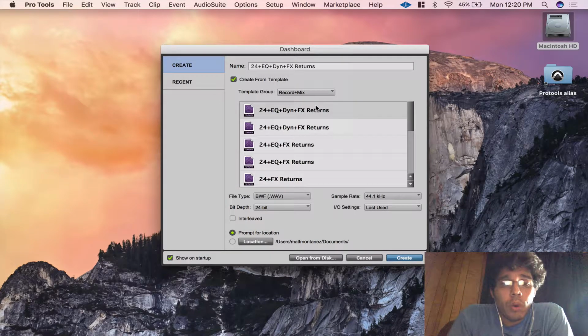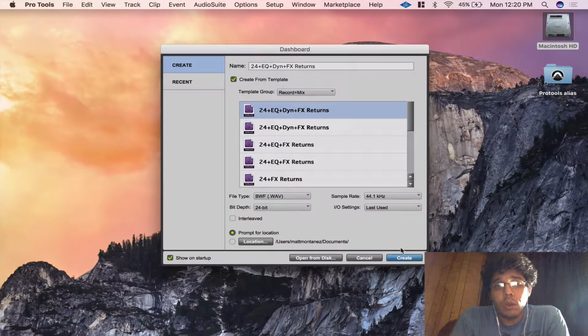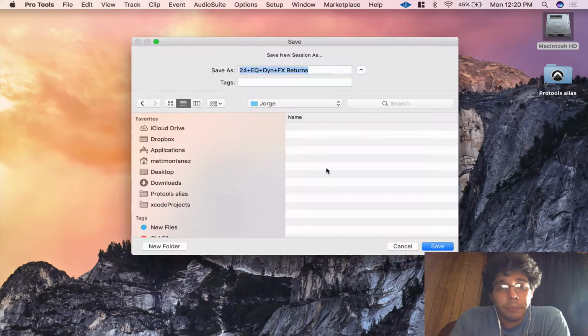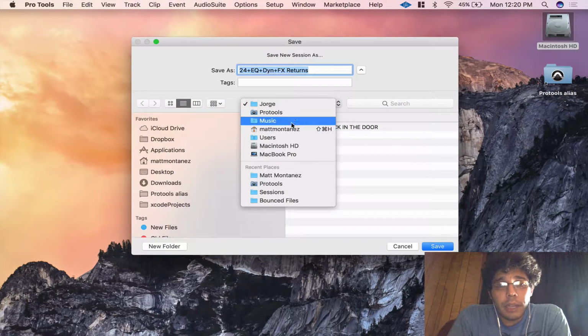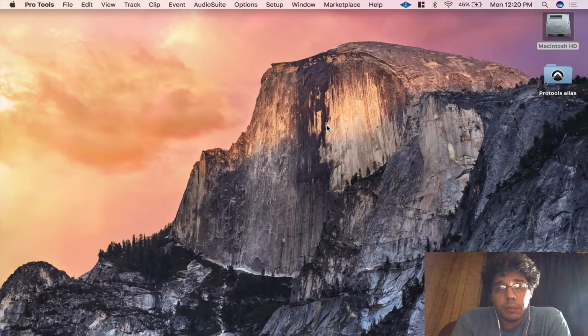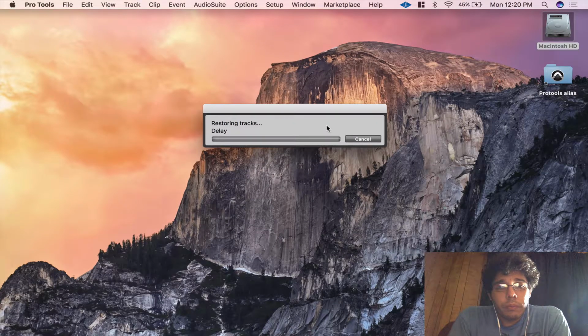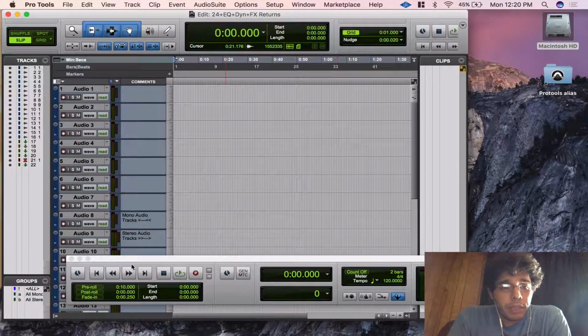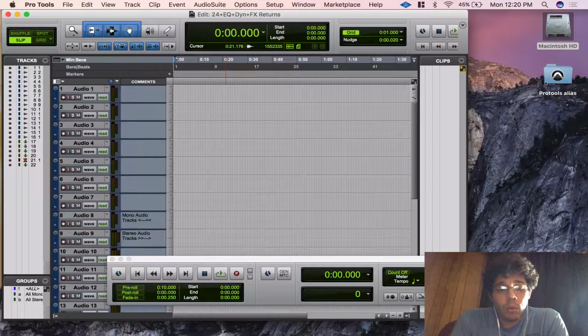Let's open one from record and mix this time, and I believe this is going to be 24 channels with EQ and dynamics, which is probably a compressor, and that's going to have the effects returns. So let's just open that and create that session there. And we're going to put it in my folder, Matt Montanez, and just save it. So in this template here, you get your big transport window right away,